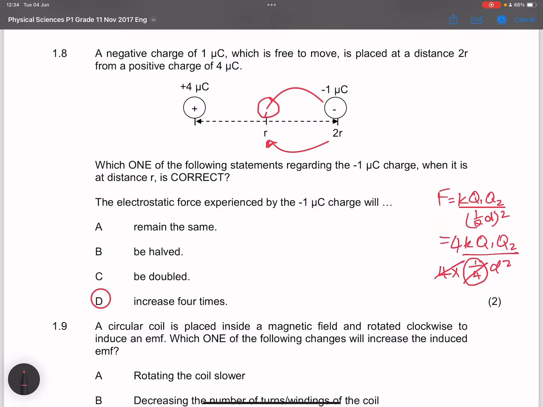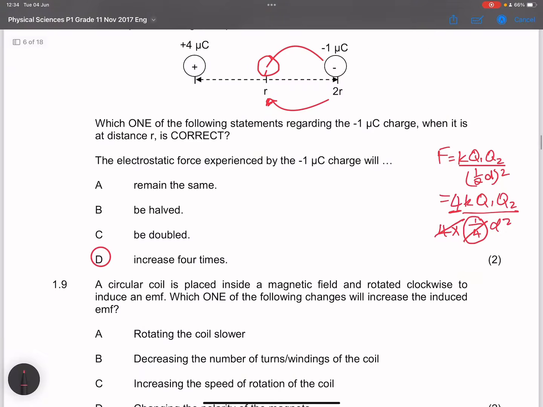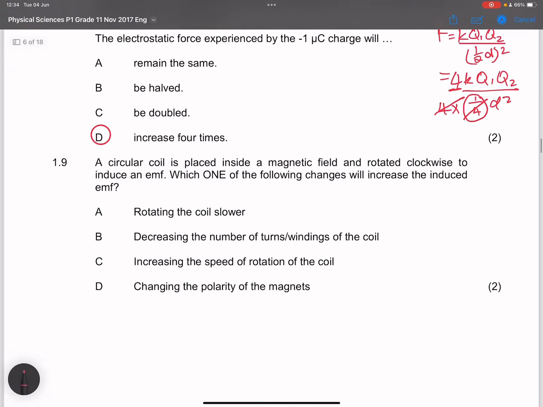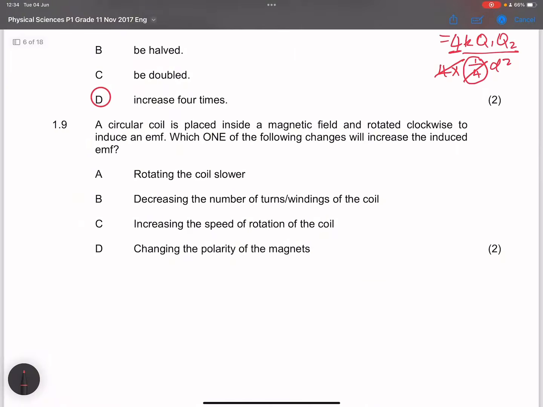So that cancels with that. And you can see that the force becomes 4 times as much. And so we end up with 4 times, right? Okay, so the next question, they say a circular coil is placed inside a magnetic field and rotated clockwise to